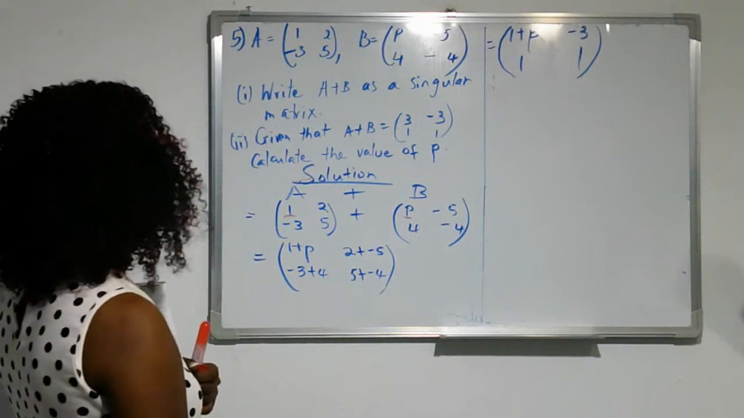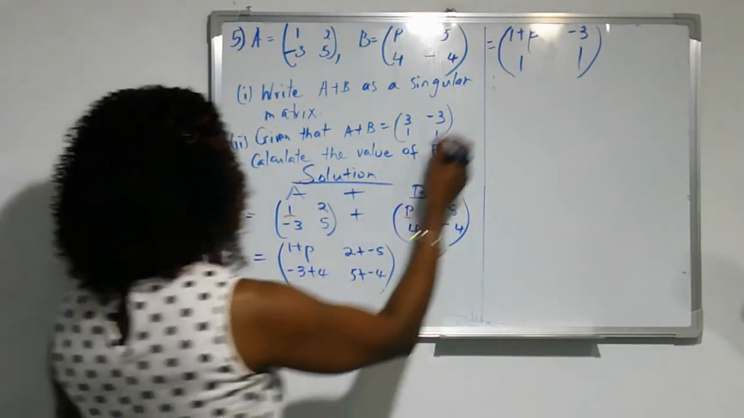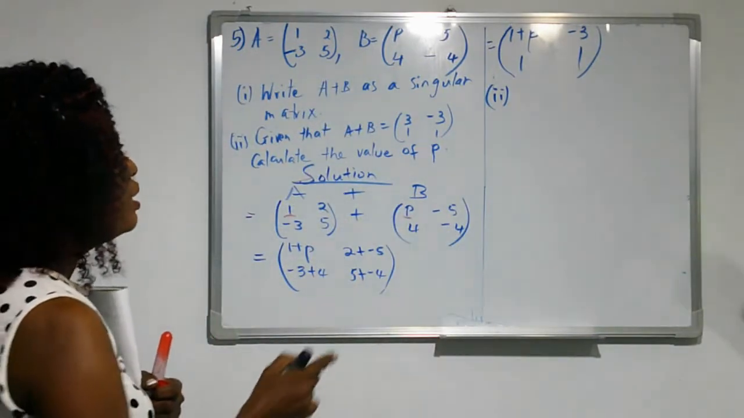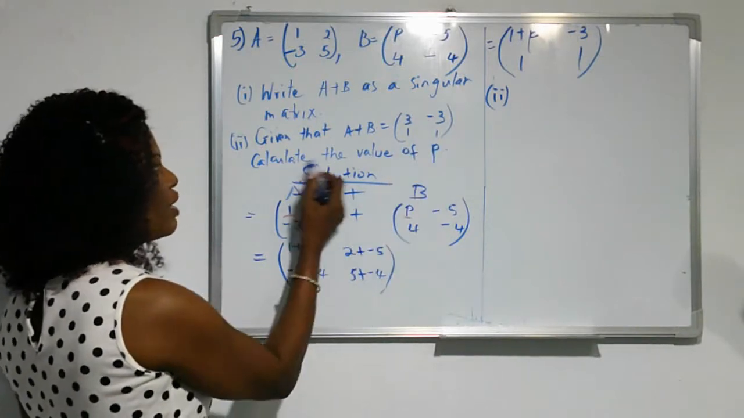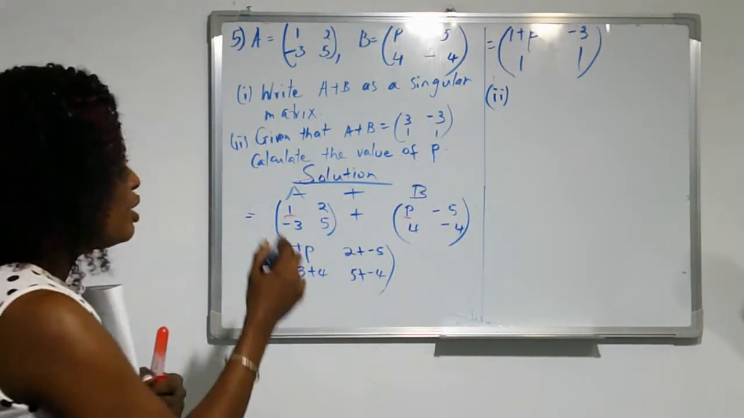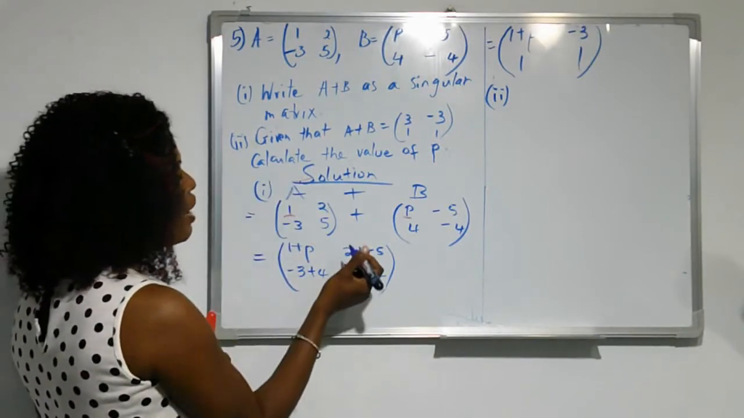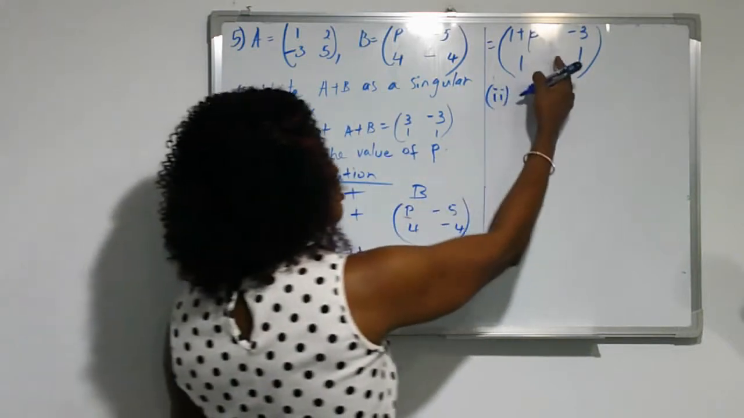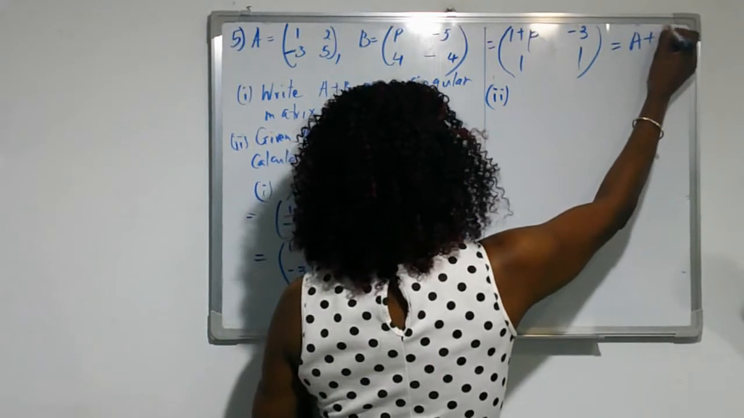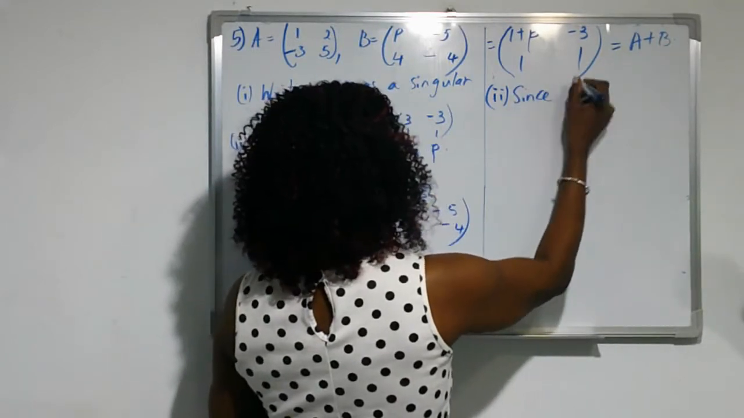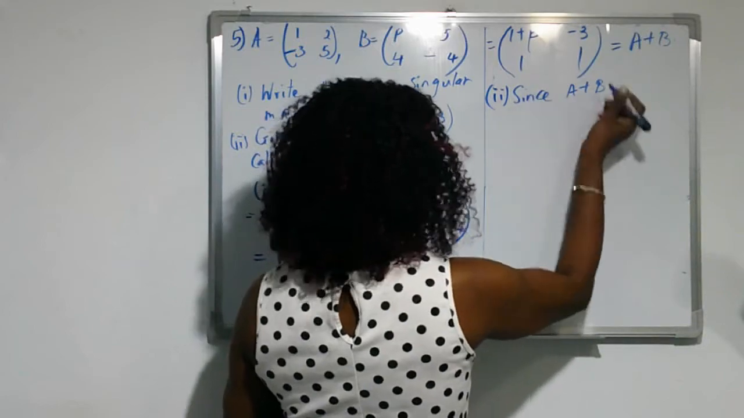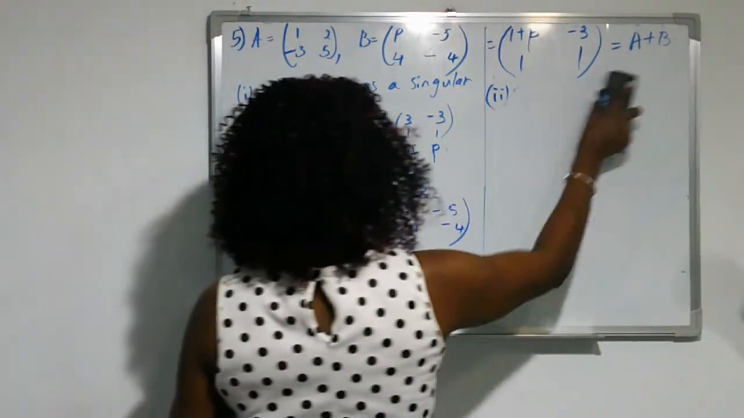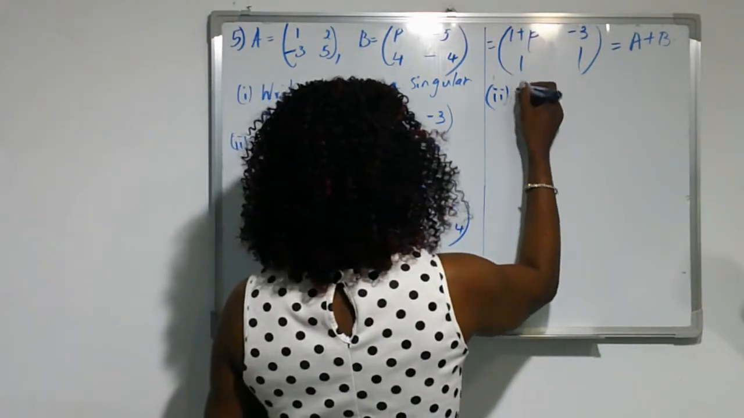Okay? So let's go to the second part now, part 2. It says, given that A plus B equals 3, 1, negative 3, 1, calculate the value of P. Now we already know in part I that the value of A plus B as a singular matrix is this answer. So we say, since A plus B, or I like to say from above, A plus B, that sounds neater, from part I,